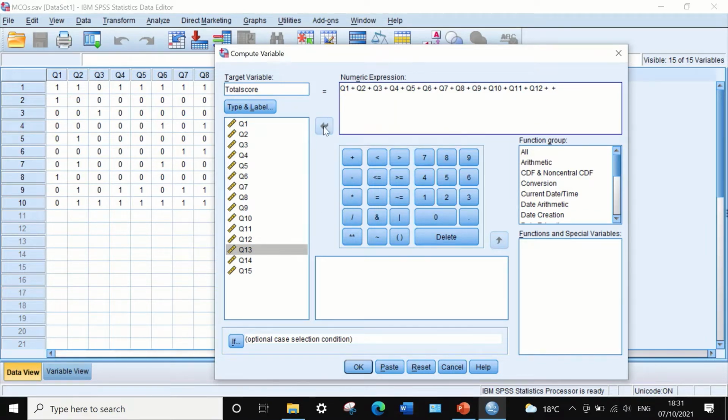Twelve, 13. Going to add 13 here, and then add 14, and finally a plus sign, and then 15. And if we click on OK,